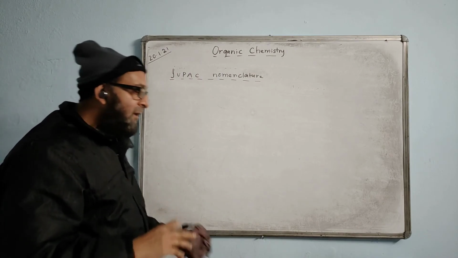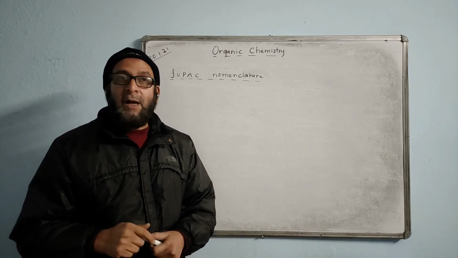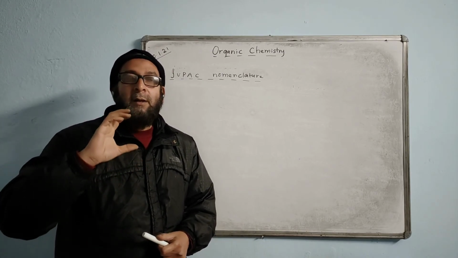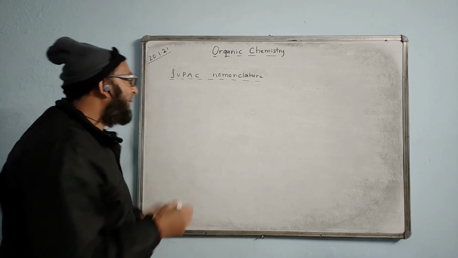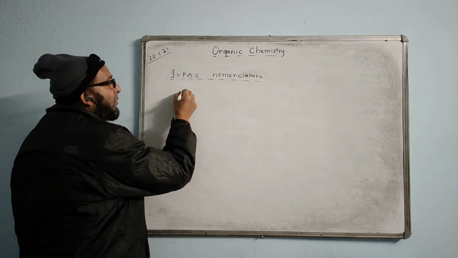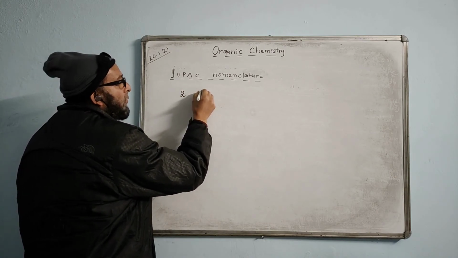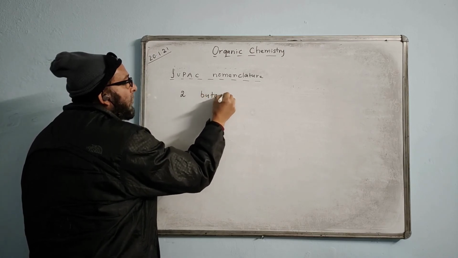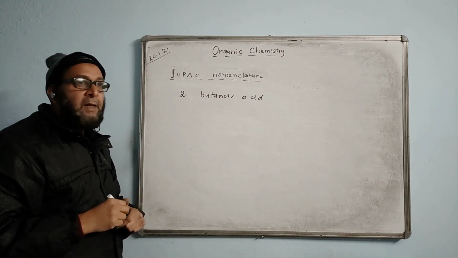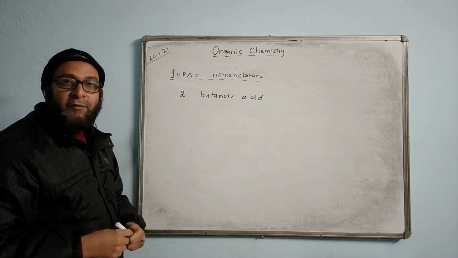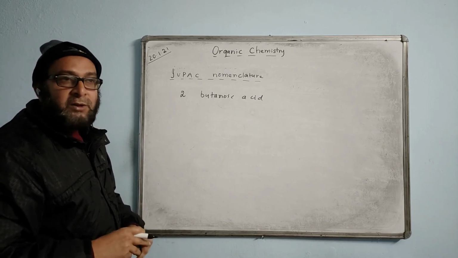Okay. Now just the reverse of this. Sometimes they may give you the IUPAC name and ask you to write the structural formula or the condensed formula. Suppose I am giving the name 2-butanoic acid. The question says the name is given, write the structural formula of it. First I write the condensed formula and then change to structural.